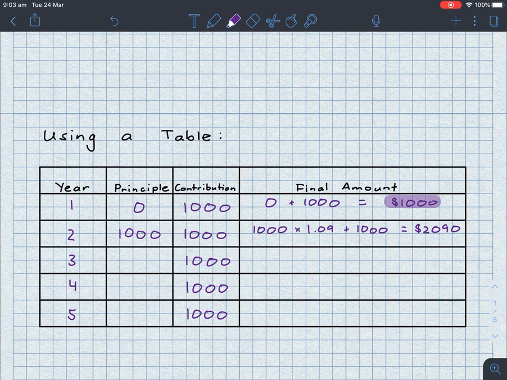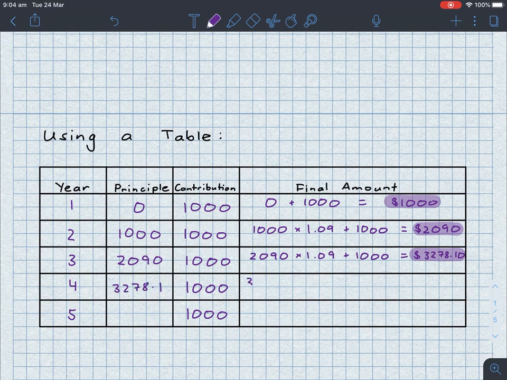$2,090, our final amount for the end of year 2, becomes what we start with in year 3. That 2,090 earns 9% interest, so I'm going to times it by 1.09, plus she adds in an extra 1,000 and ends the 3rd year with $3,278.10. This amount starts the 4th year, so